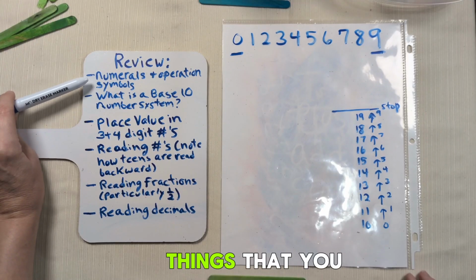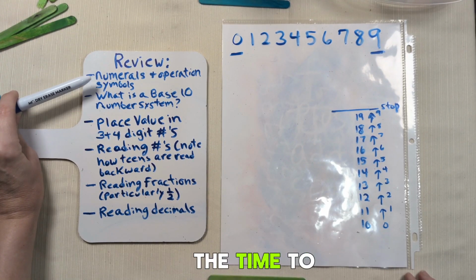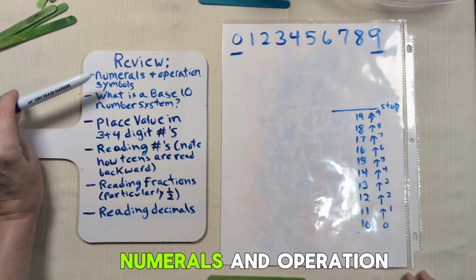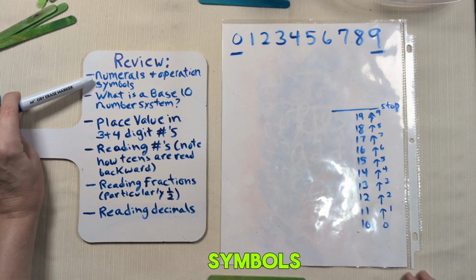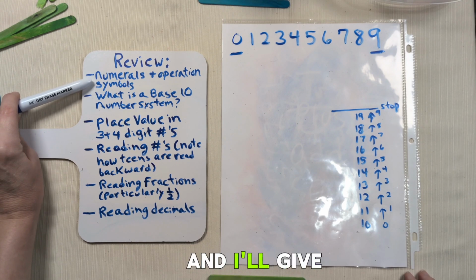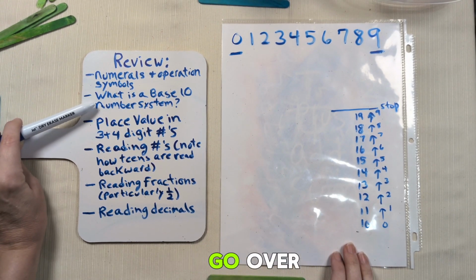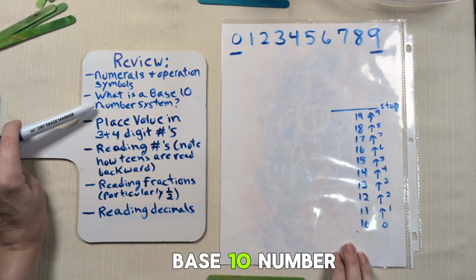I would say first things that you want to go over with them is, I always think it's worth taking the time to review numerals and operation symbols with students. Even though they're in those higher level grades, we still want to hit those, and I'll give you an example of that here quickly. Then I think it's important to go over what is a base 10 number system